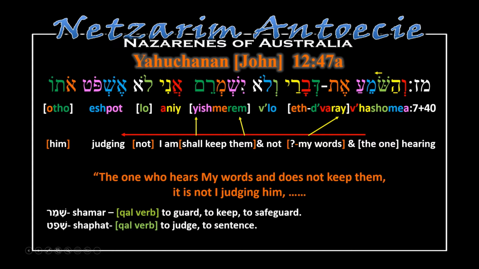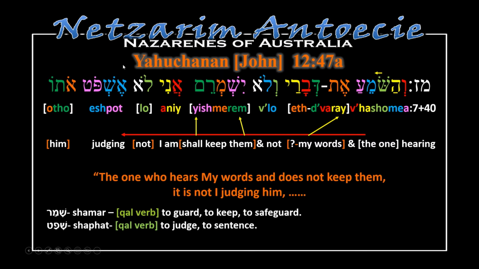Velo, and not Yishmerem, shall keep them. Because we see we've got shamar in the middle there, right? Shamar is a kal verb, to guard, to keep, to safeguard. And then ani, I am, lo, not,